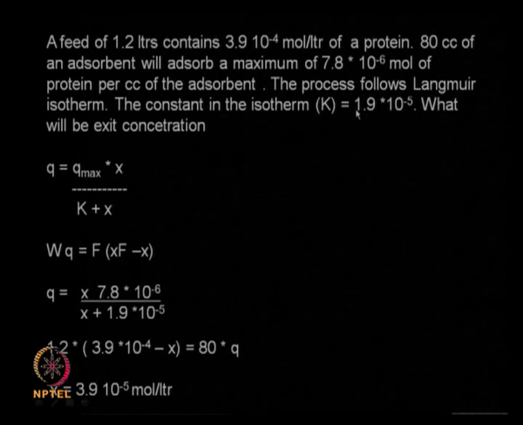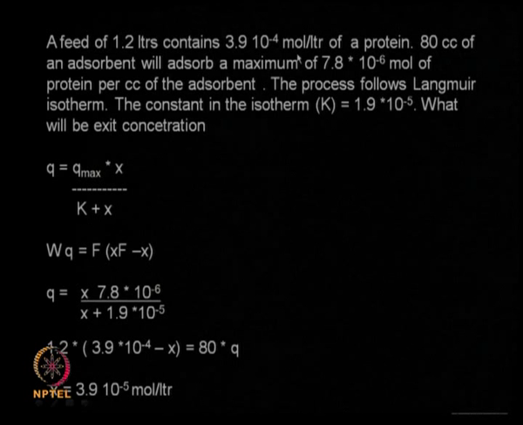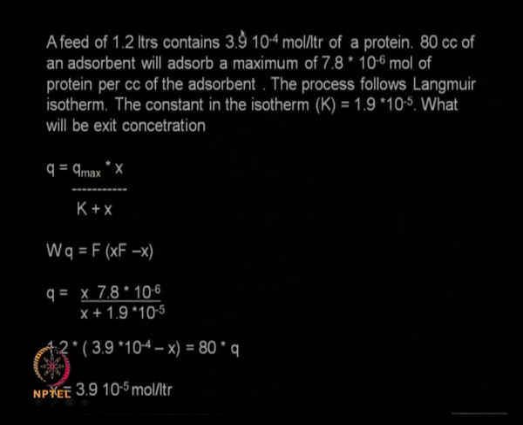and then we have the constant which comes in the denominator of the equation. So both are given. Now we are adding a feed of 1.2 liters which contains a protein of certain concentration, moles per liter of the protein. Now you are adding 80 cc of an adsorbent, and the goal is to adsorb as much of the protein as possible, and as I said it follows a